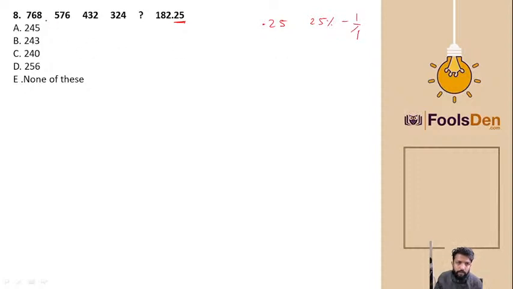So if you observe here, I will not go for the difference. I will find the percentage. So it is nothing but the series is like 768 to 3 by 4. You'll get the next number, that is